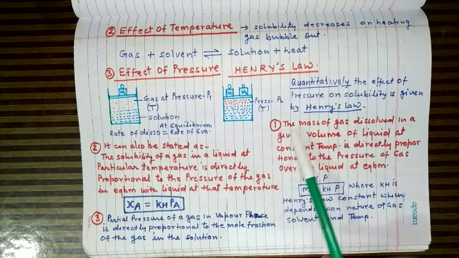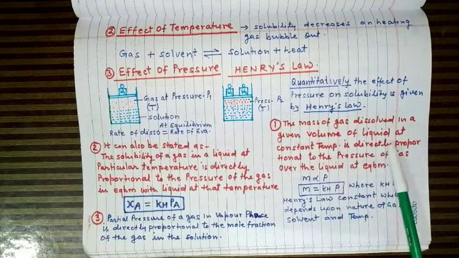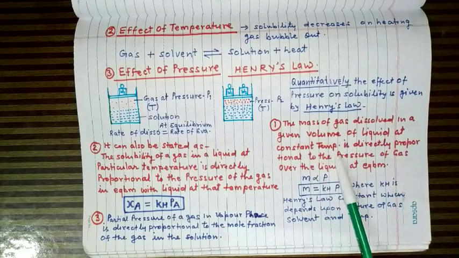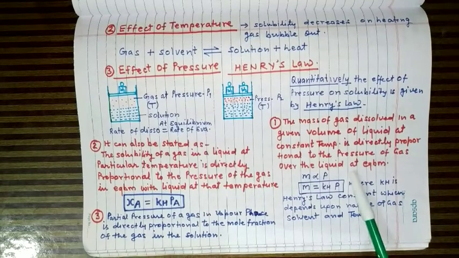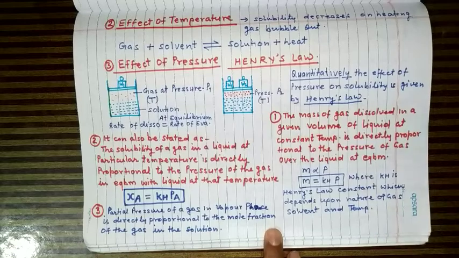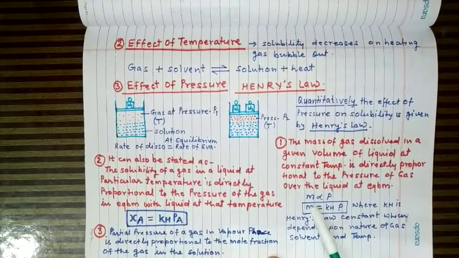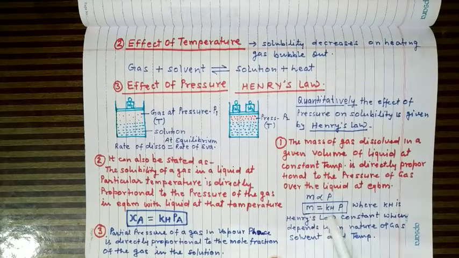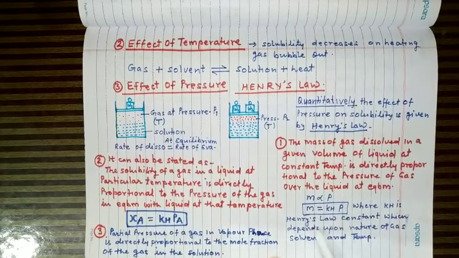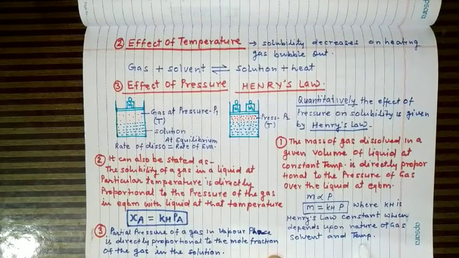Henry's law can be stated in three different ways. The first way is: the mass of the gas dissolved in a given volume of liquid at constant temperature is directly proportional to the pressure of the gas over the liquid at equilibrium. Now, m is directly proportional to P. So m will be equal to KH P, where KH is Henry's law constant, which depends upon the nature of the gas, the solvent